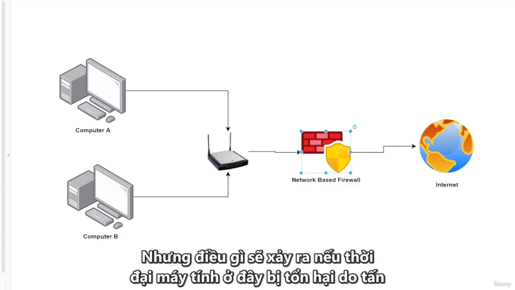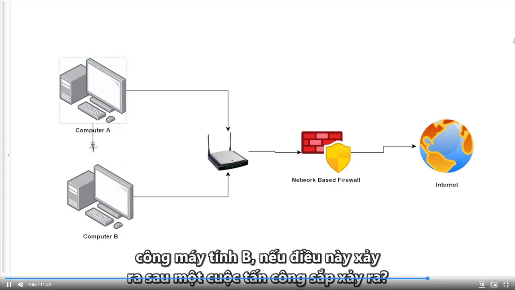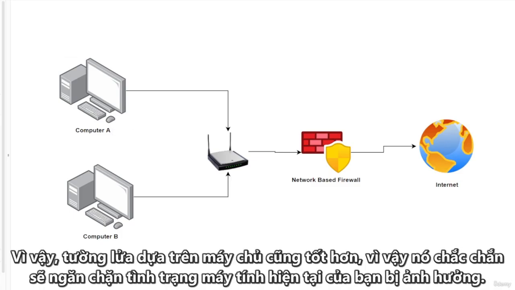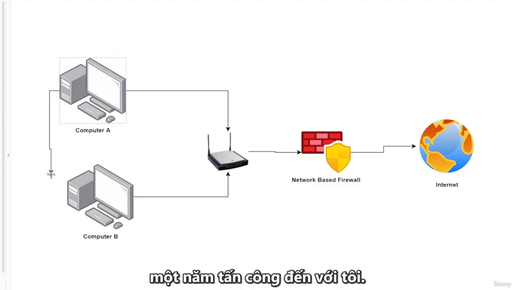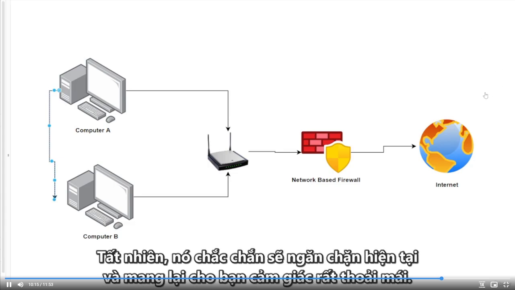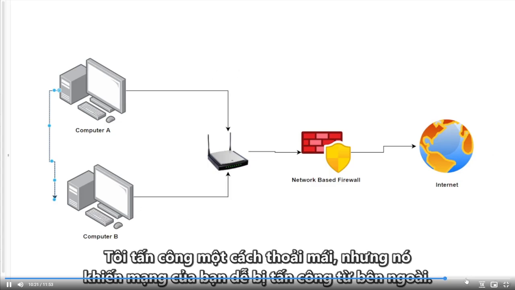But what would happen if computer A here is compromised and attacks computer B? If computer A attacks computer B, then what happens? So is a host-based firewall better? It would certainly prevent the present injury where computer A attacks computer B, of course, but it leaves out